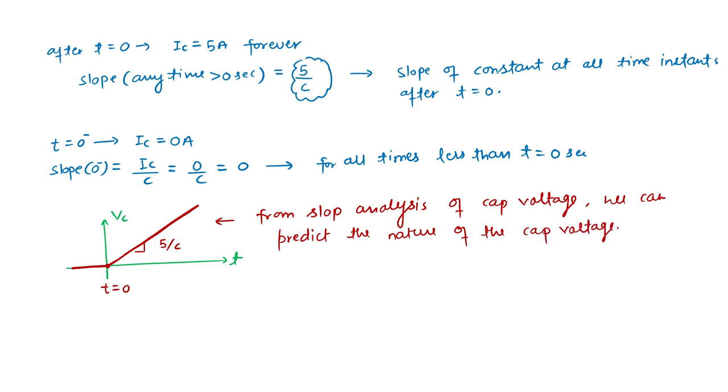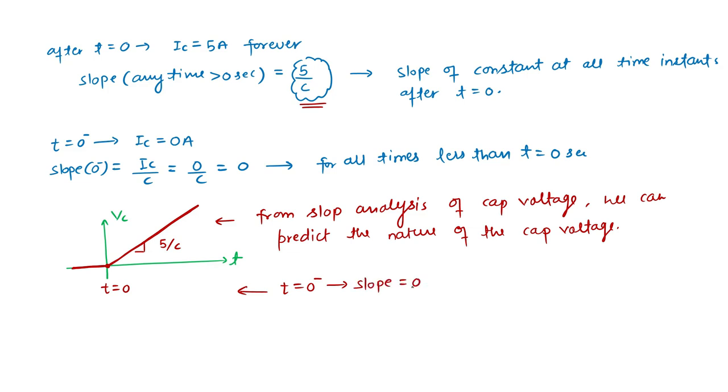It is increasing linearly because we are seeing that the slope is constant after t equal to 0 for all the instants. But before t equal to 0, the slope being 0 does not mean that VC is also 0. So at t equal to 0 negative,